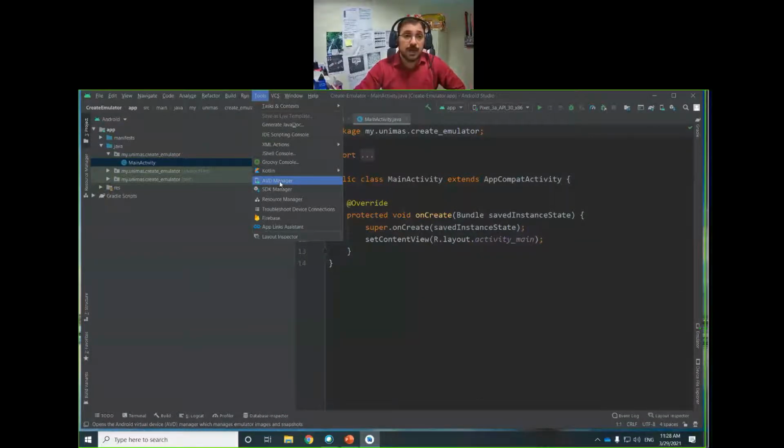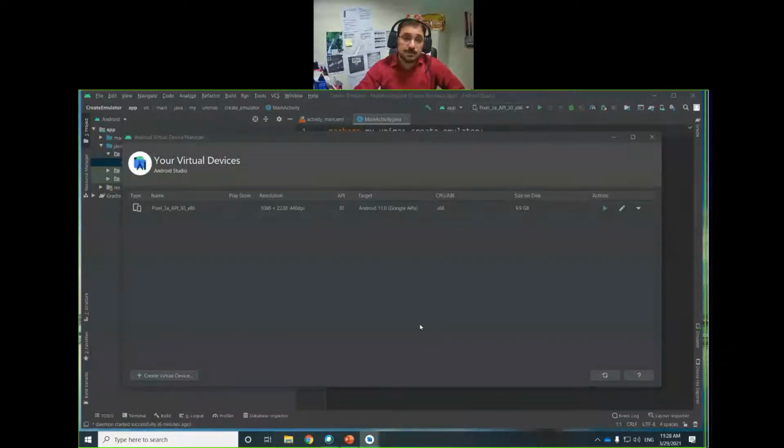So you will click AVD Manager, and you see, if you have not created one yet, then this window will be empty in your case. I have created one, which is why one is available in my case, and it is ready to start.